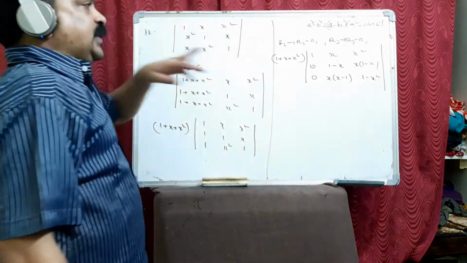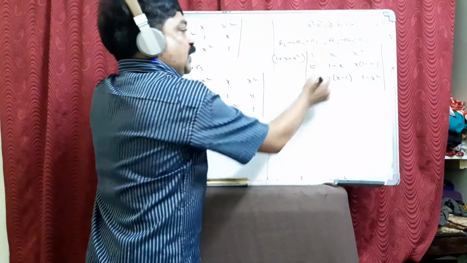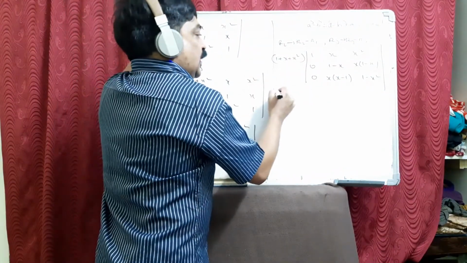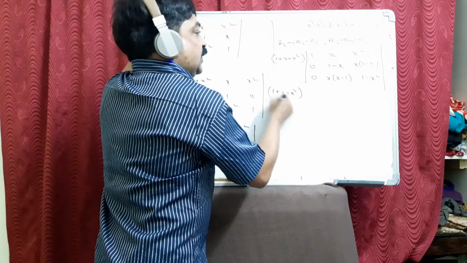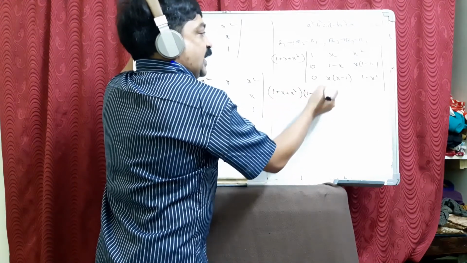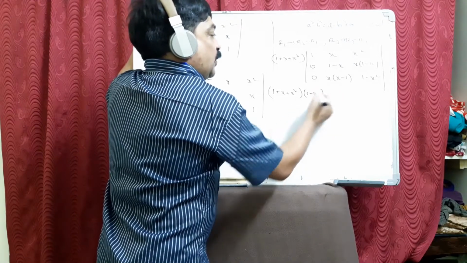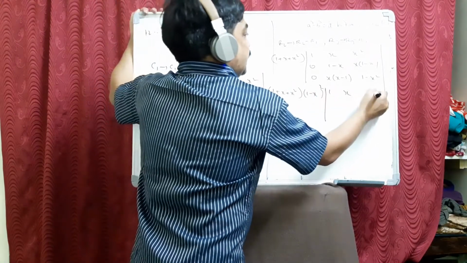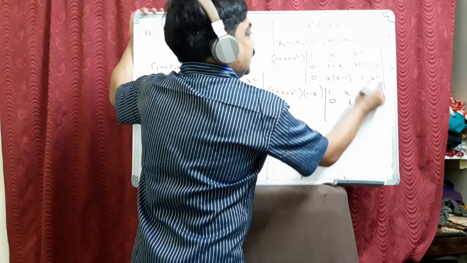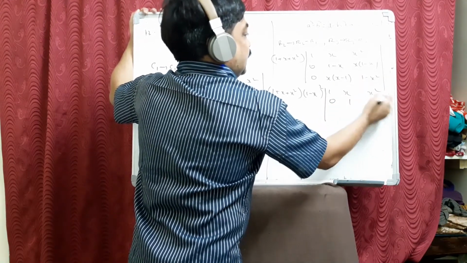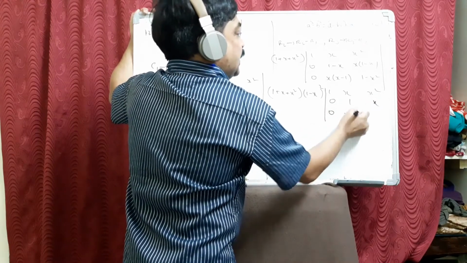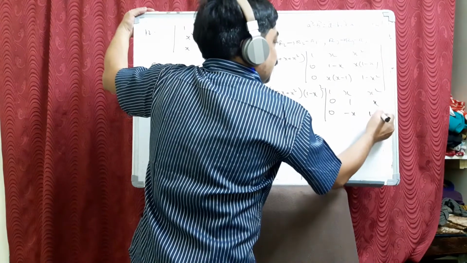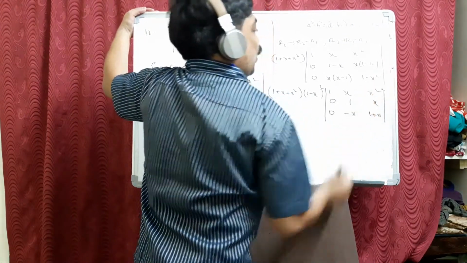So, from the second row, you can apply the property here only, but first let us do a little more simplification. 1 plus x square outside. Take 1 minus x common from the second row and 1 minus x common from the third row also. Then it becomes whole square. So it becomes 1, x, x square, 0, 1, minus x, and here 0, it becomes minus x because we took 1 minus x common. And it becomes 1 plus x when you take 1 minus x common.